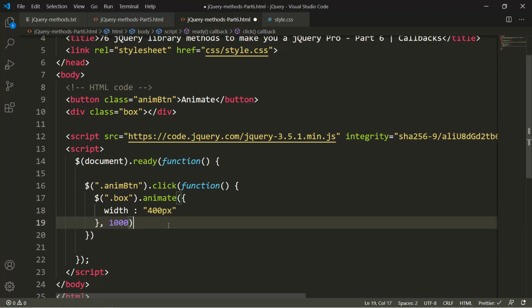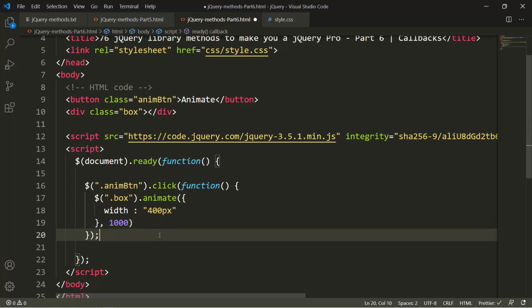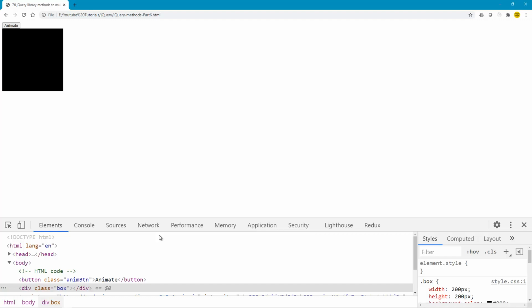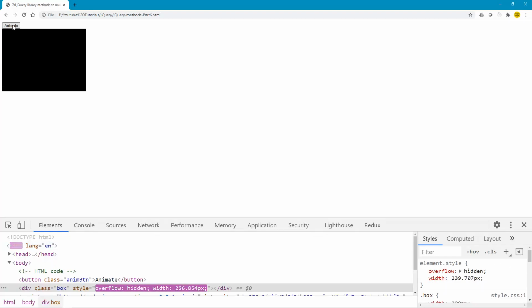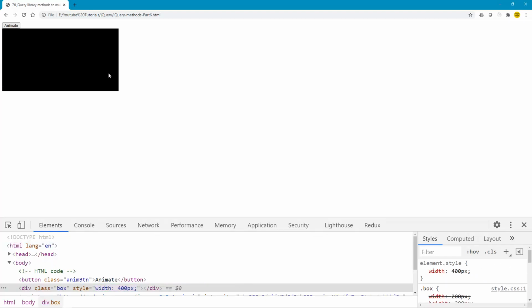So it will take 1 second to animate the width to 400 pixels. Let's see the animation. If I go back and refresh and click on animate, it will animate the div tag to 400 pixel width. That was simple. We already discussed that in my previous tutorial.